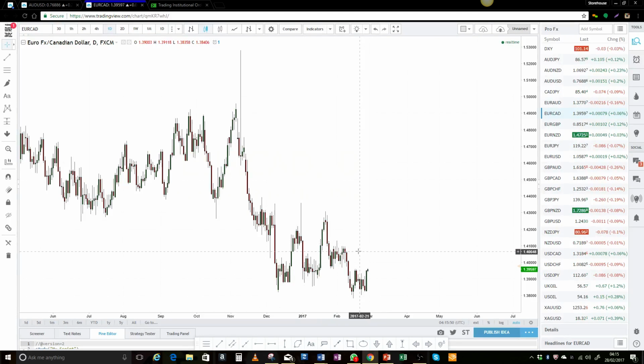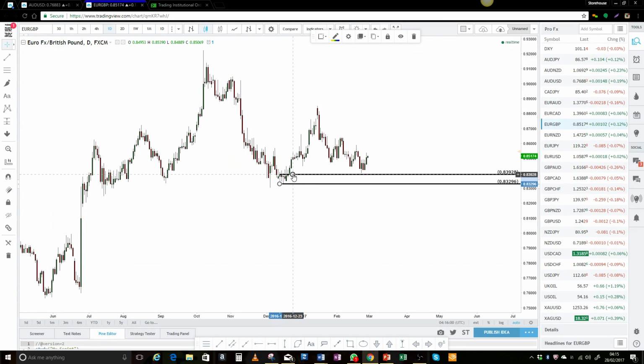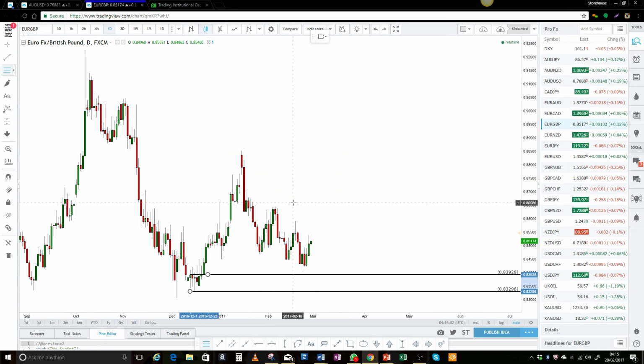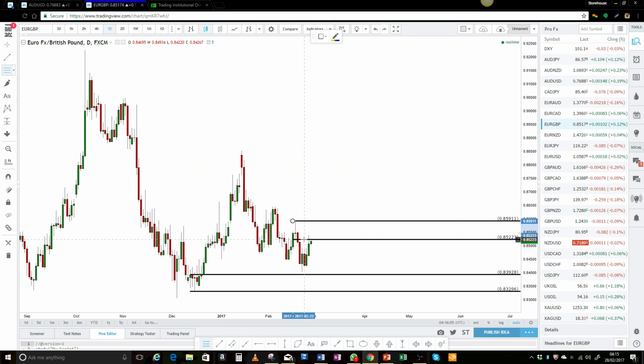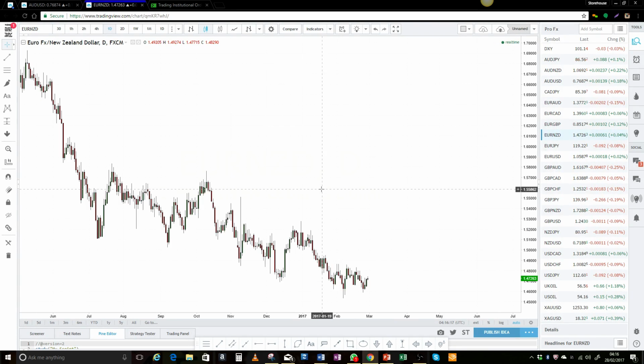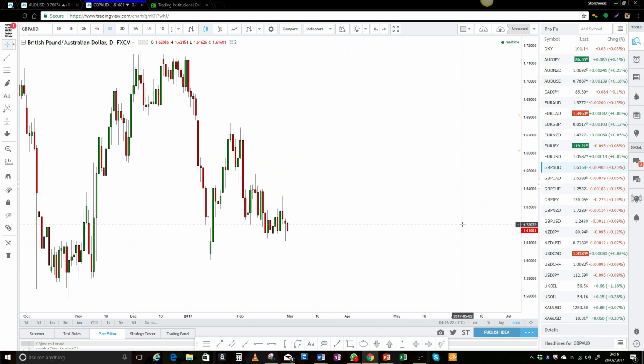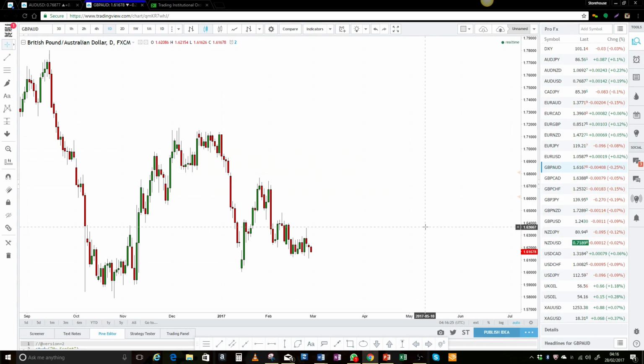On the EURCAD, nothing really here. The euro pairs will be, with the Euro GBP, I think this is the area we're coming up against, and we have that sitting on top. Depending on how you draw it, we're there already or we're almost there. Either way, this is the day trader's field for that pair. And let's look at some other pairs outside the euro pairs. The pound Aussie,